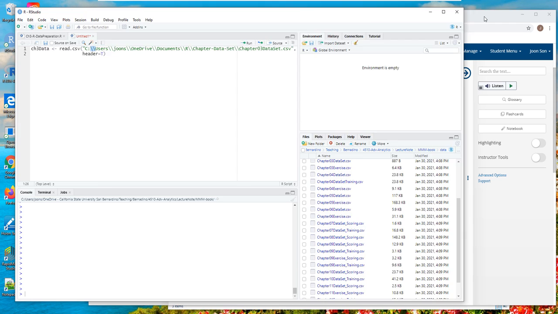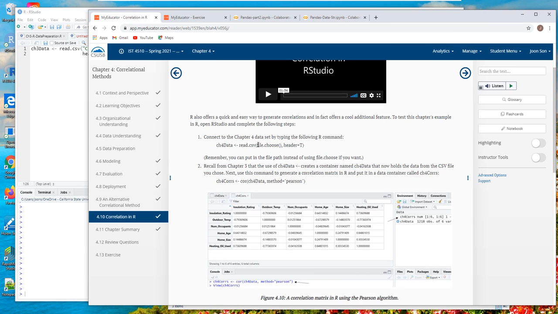The second way, as the book shows, is to use file choose. You'll see a pop-up window, and then you can choose the file. I don't really like this second way, but anyway.